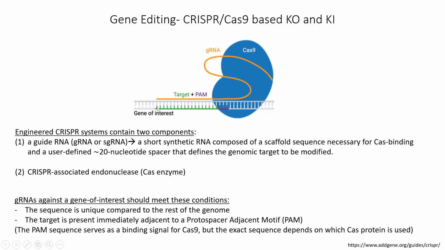Okay. So suppose this is my gene of interest, this green color. My guide RNA will have a region that is complementary to it. So that is what is going to specify. The guide RNA will go and bind there and specify that this is where the Cas9 protein should come. Now Cas9 protein is going to create a double-stranded break. So this guide RNA will bind here. There is a region in the guide RNA that allows Cas9 binding. So it binds here, calls Cas9, and Cas9 comes and binds here,